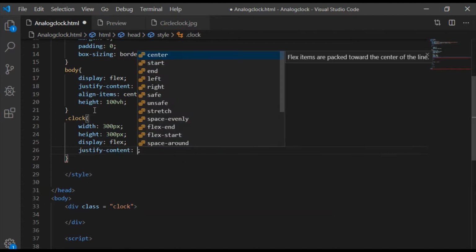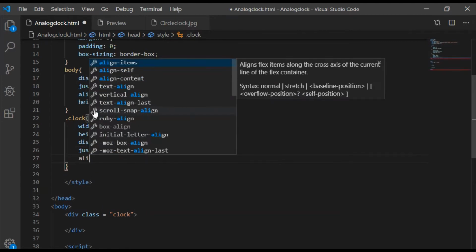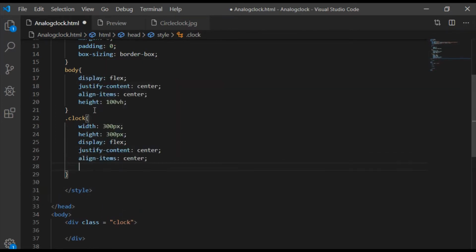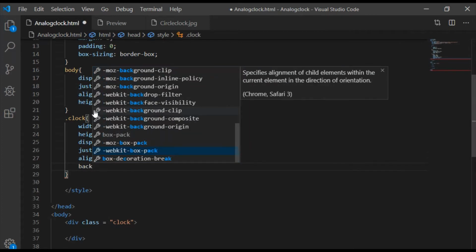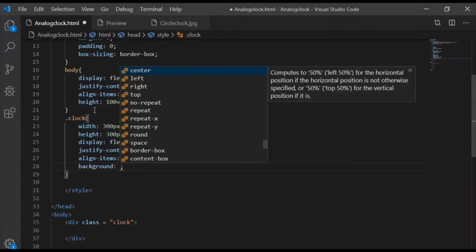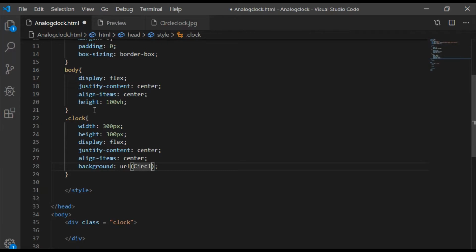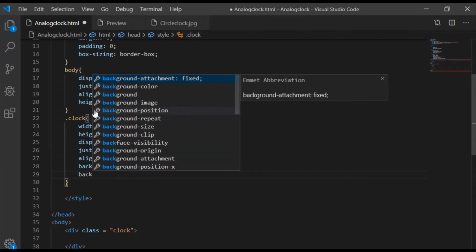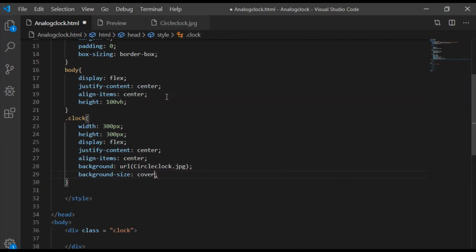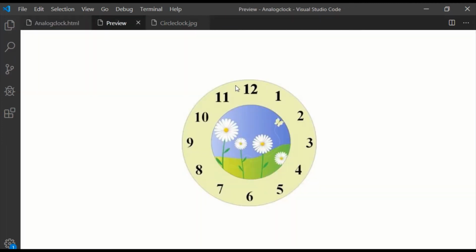So display flex, justify center, align items to the center, and background is the one that I already have in my PC called circleclock.jpg, and it shall cover the whole width and height of 300 pixels. On preview, we can see the image is at the center.